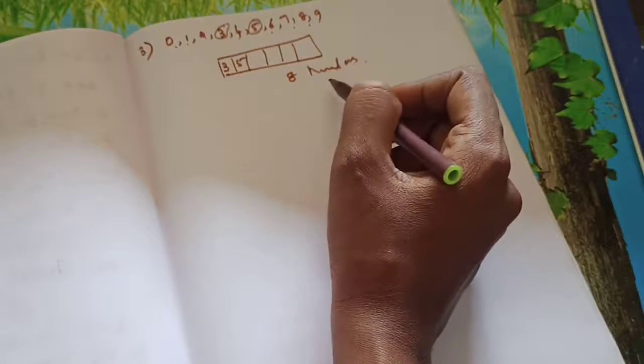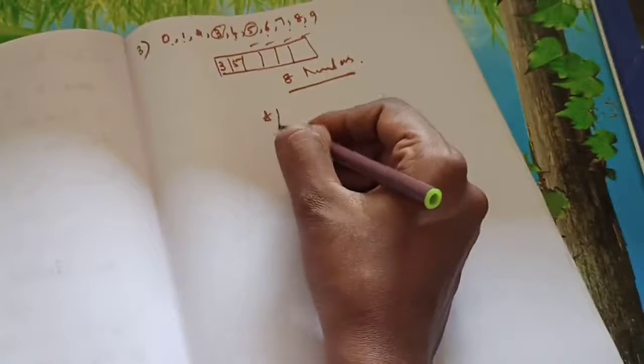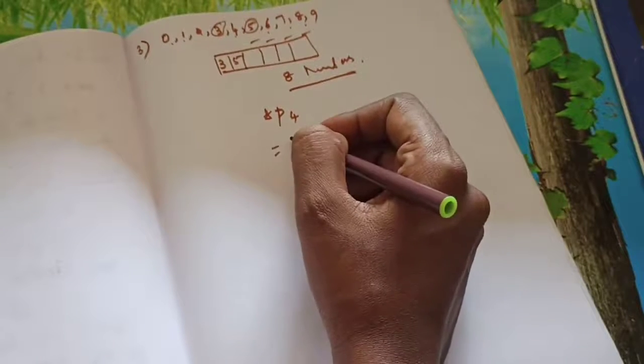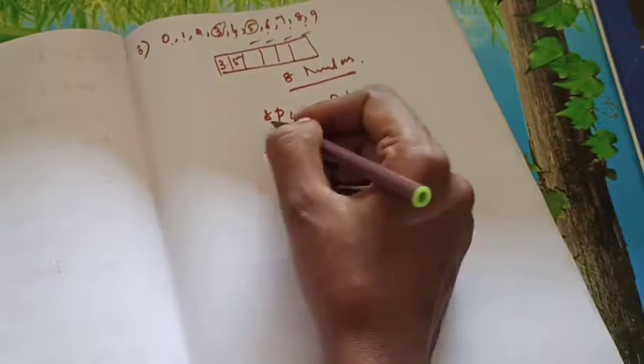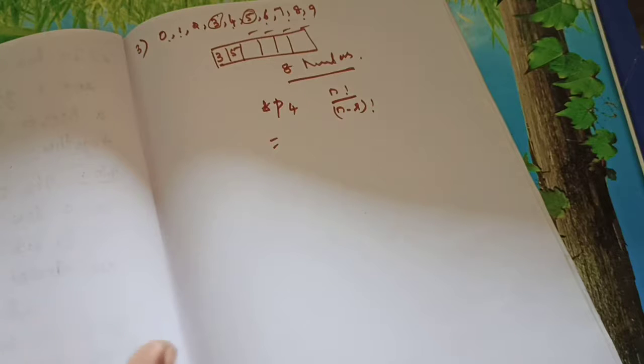In these 8 numbers we need to fill how many boxes? 1, 2, 3, 4. So we need to find 8P4. What's the value of 8P4? How will I find it? n factorial divided by (n minus r) factorial. Using this you can write down the answer. Understand, children? You need to write the steps, everything. That's your work. They said 35 is the starting of the telephone number, so apart from 35, the remaining 8 numbers are there. We need to fill 4 boxes, so 8 numbers taken 4 at a time, 8P4. Using the formula, if you simplify, you will get the answer.